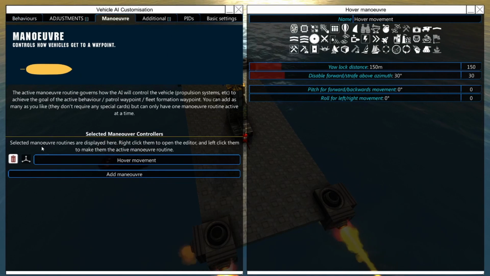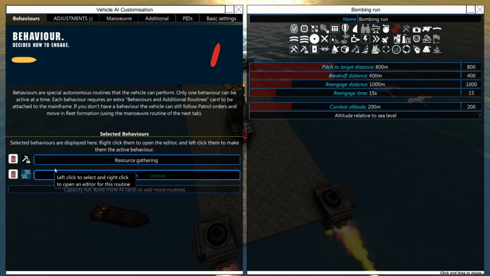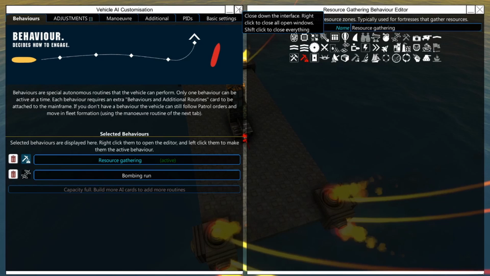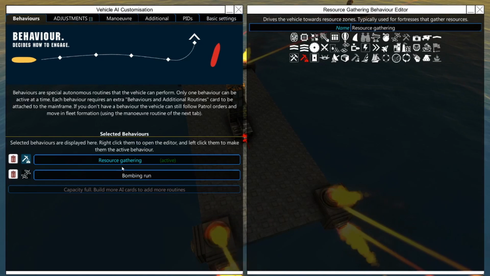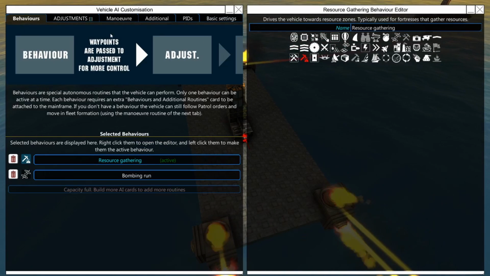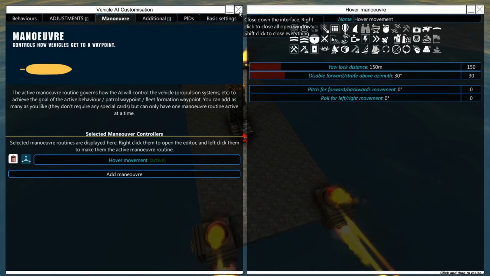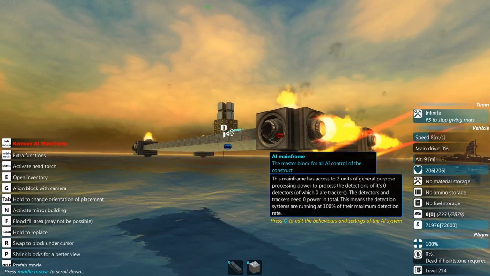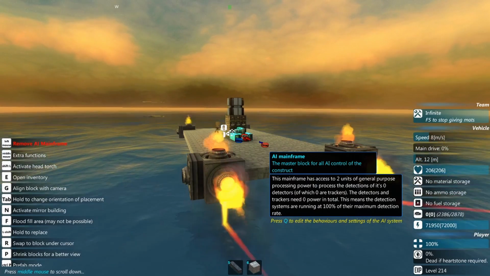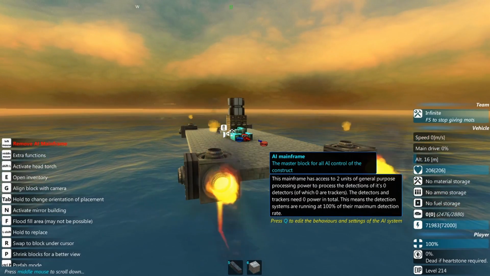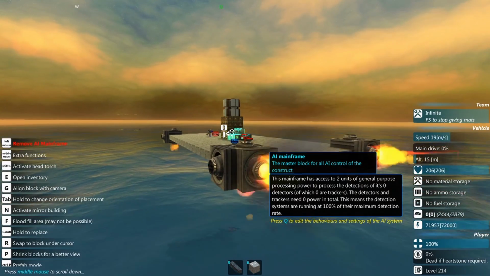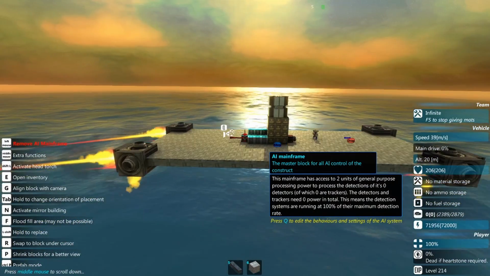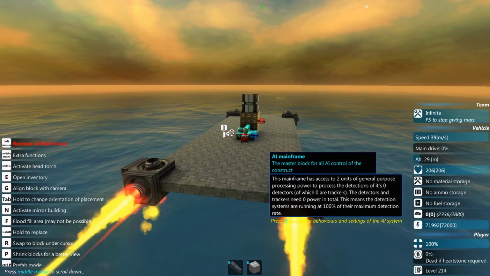So actually, if I enable hover movement here and I go back and I pick resource gathering, this is actually going to attempt to get to a certain altitude, and this should actually work out if my PIDs are tuned correctly, which it does not look like they are. Come on, we gotta maintain some altitude here. Yeah, so my PIDs weren't tuned particularly well to deal with that there, but they're that radical of an up-down